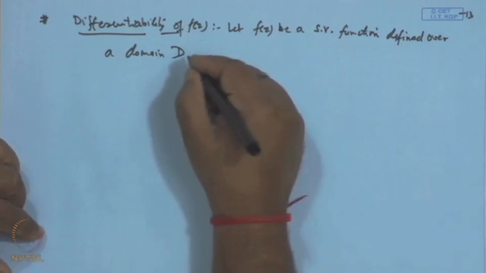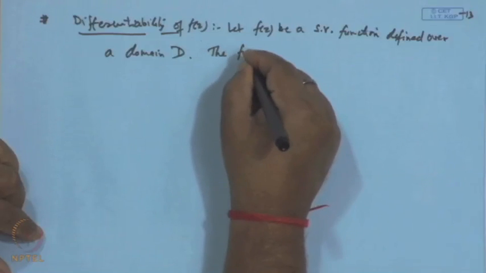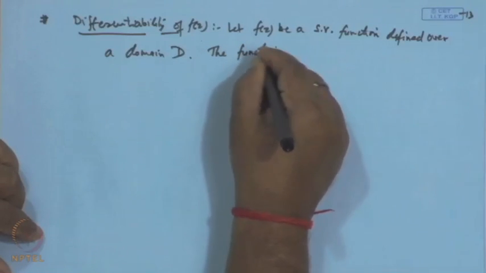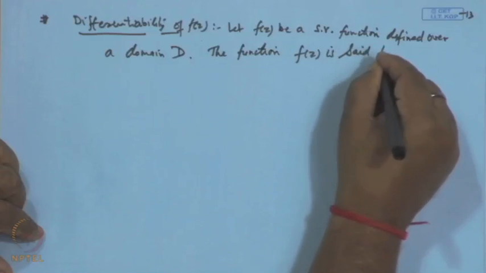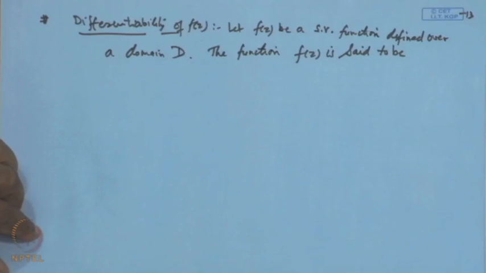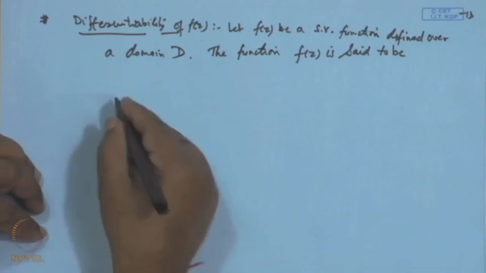The function f(z) is said to be differentiable at a point